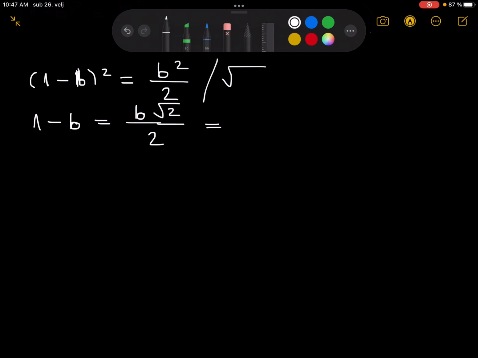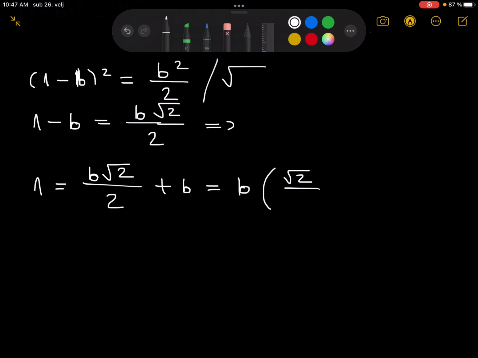And that will also give me that 1 is equal to b times the square root of 2 over 2 plus b, which is the same as b times (square root of 2 over 2 plus 1),